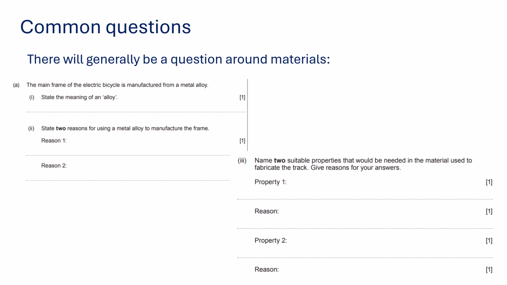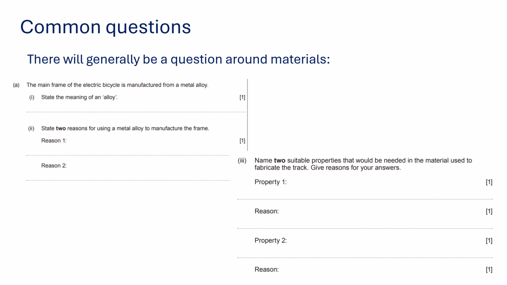In terms of the sorts of questions you might get, there will always be a question around materials. These questions will not necessarily be in the same order every time, but there will always be a question around materials in there. Generally, they will ask you to either name some materials for different products or different parts of a product, but they will also expect you to be able to give reasoning for why you have chosen that